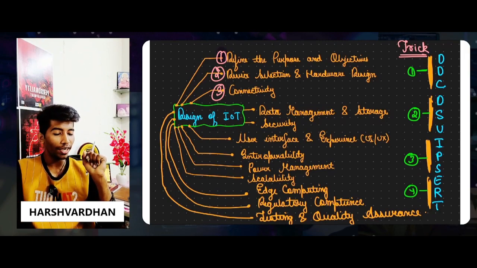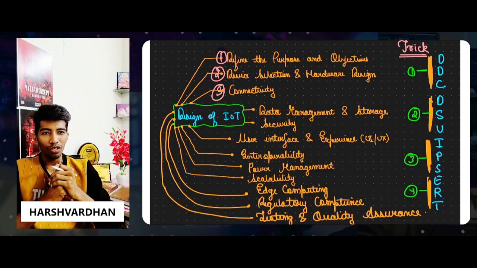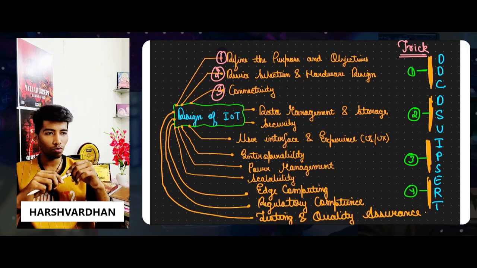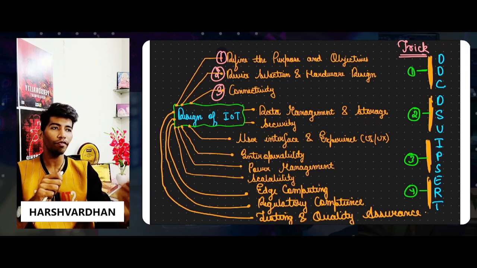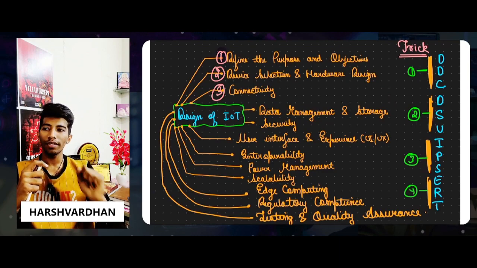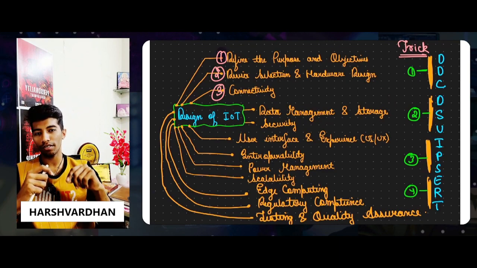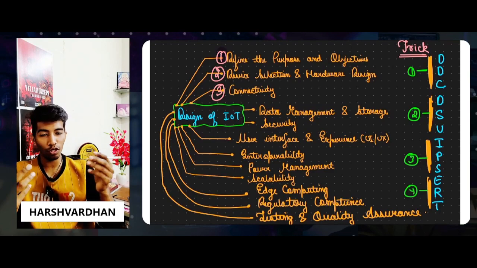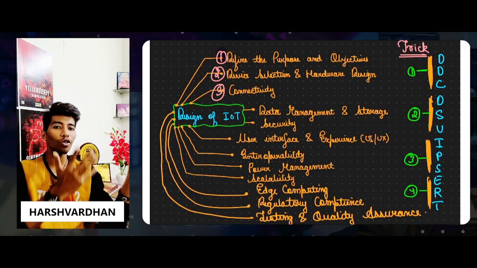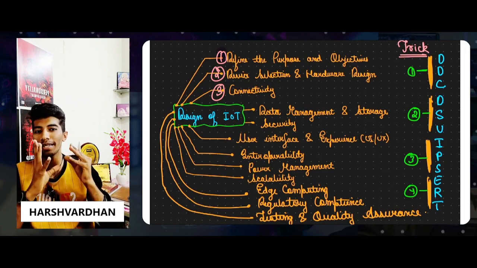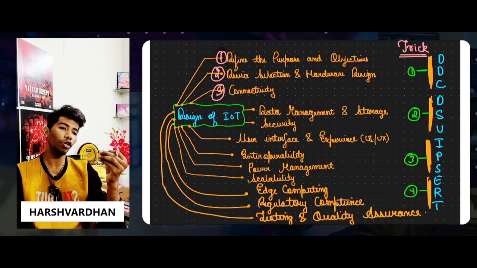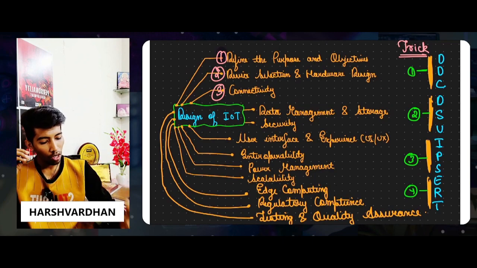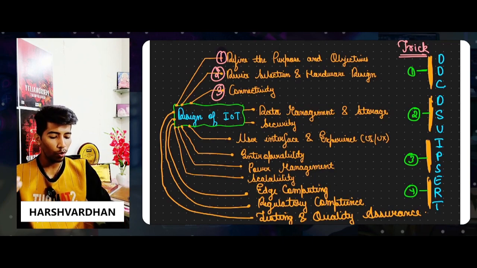User interface and experience, UI and UX. You are a technocrat, right? I am a technocrat, but suppose I give this studio on rent, then the person who will be using that studio may not be a technocrat like you and me. So what is going to happen? He will not be able to control the devices. He will require a very simple UI so that he can make use of it and do the things which we do in the studio. So a proper UI and UX experience will be required.